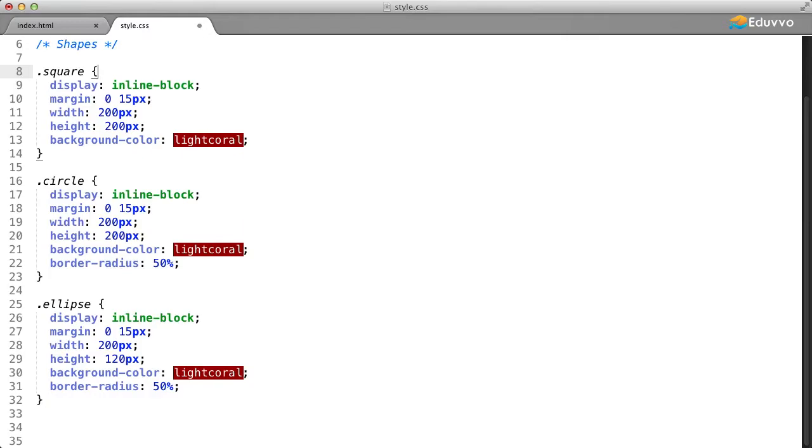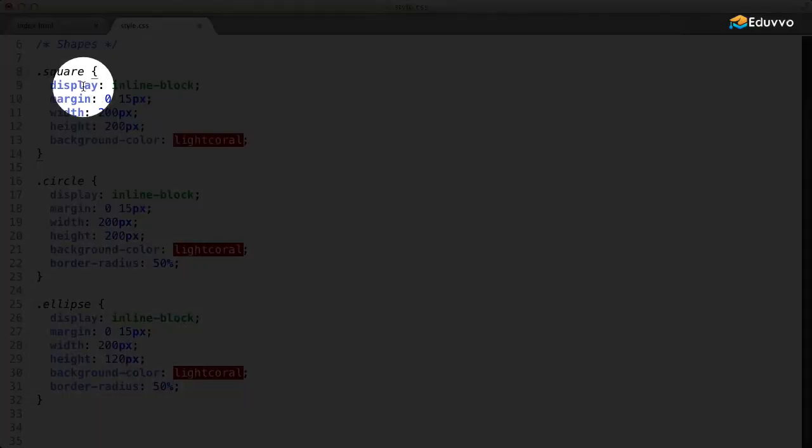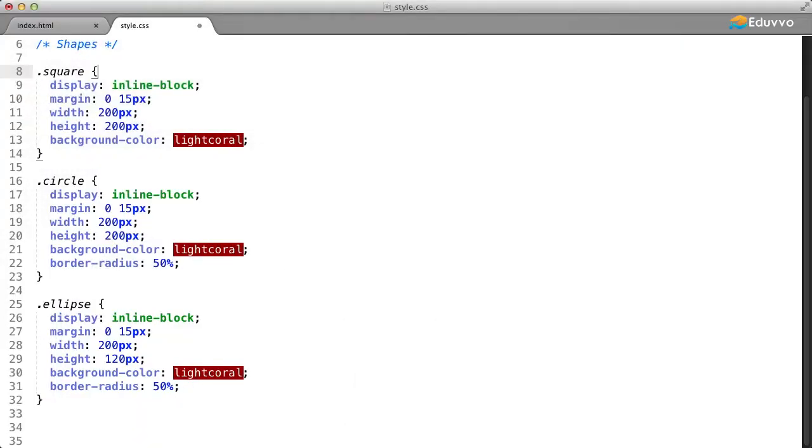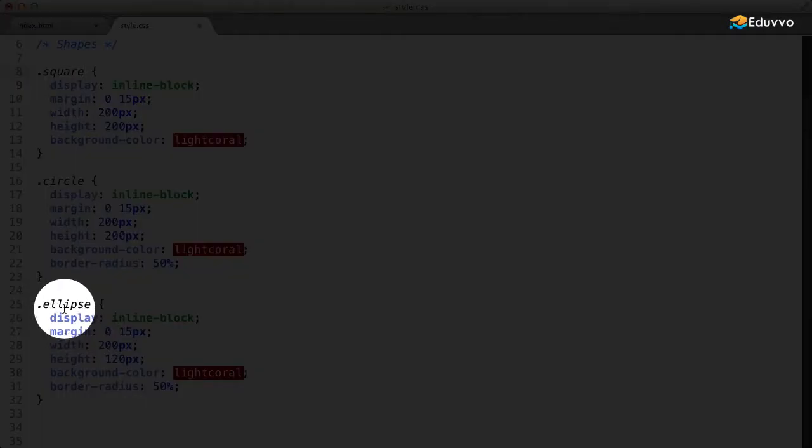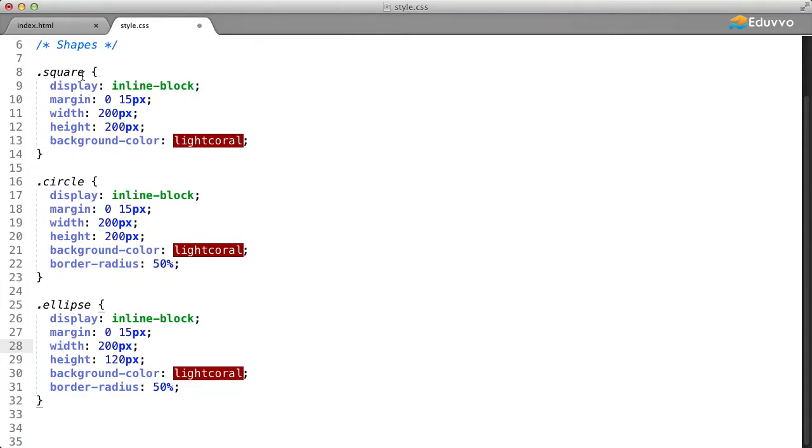So the idea with DRY is to group repeated CSS properties together. So we know that all 3 rules share the same values for display, width, margin, and background color. So what we'll do is add the circle and ellipse class selectors to this first rule. Even though the ellipse rule doesn't share the same height property, as we can see here, it has a height of 120 pixels, we'll still add it to this top rule because we'll modify the height in the ellipse rule,